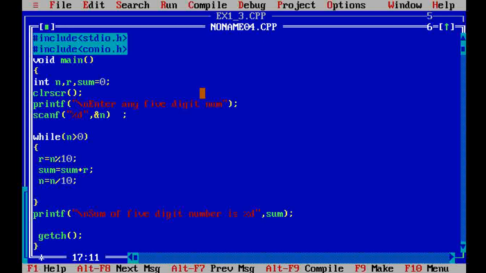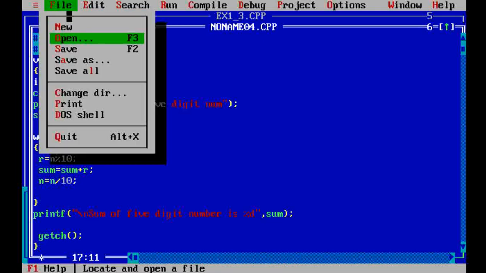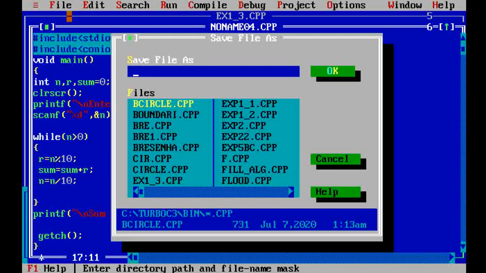In this way we studied experiment number 1, and experiment number 1 has 4 programs.